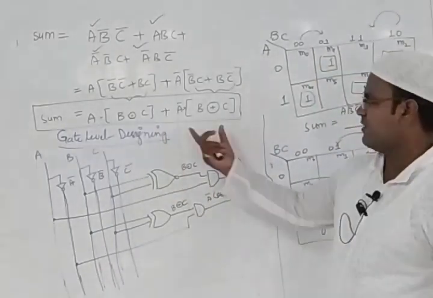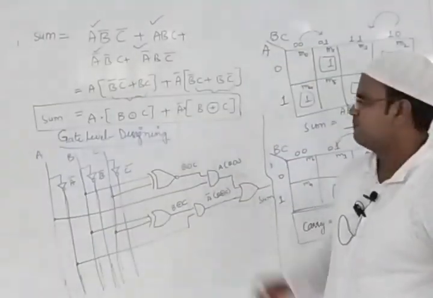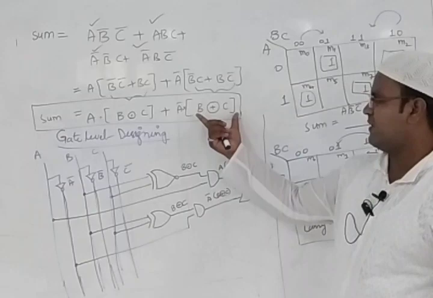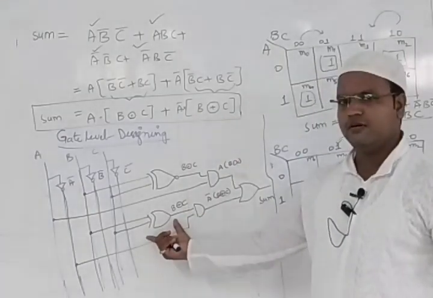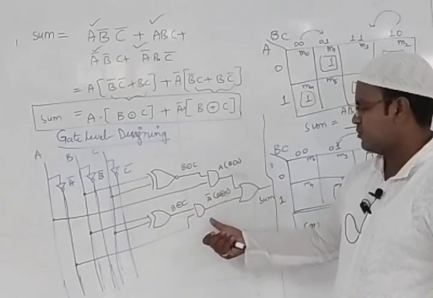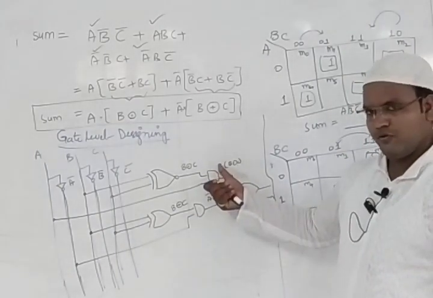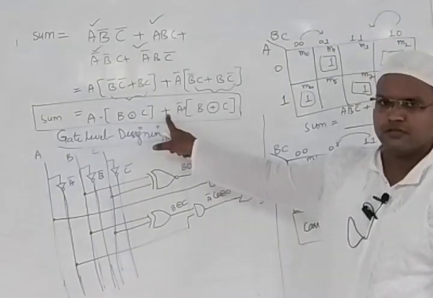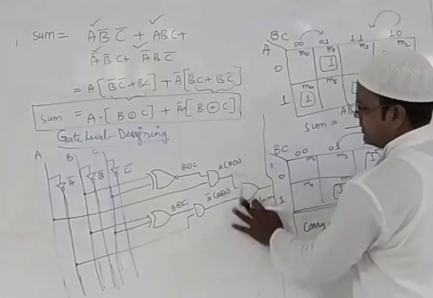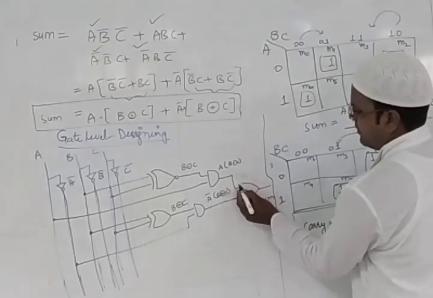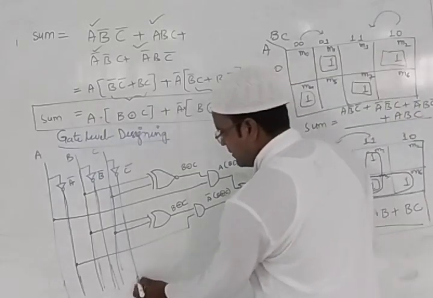For the second part, what we have taken? A complement. So A complement means for A, we have taken one NOT gate, that is this as it is. For that, what we have taken? B exclusive OR with C. This is a gate, we put it. Then in order to multiply these two, we connected one AND gate. Then do we have to multiply? No. We need to go for addition. In order to go for addition of this thing, we connected one gate. What type of gate is it? It is nothing but an OR gate. So clear? So this is the output for sum.